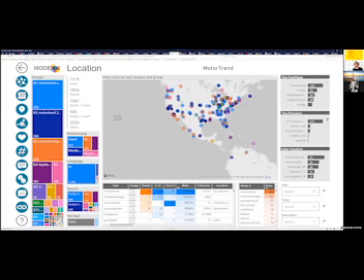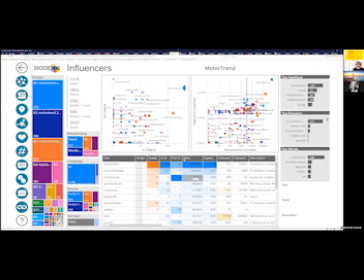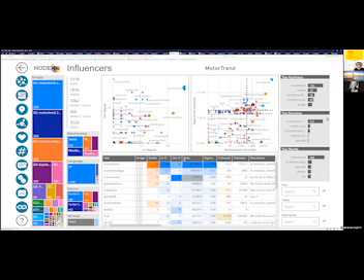You can zoom in on North America and see what parts of the country are tweeting about Motor Trend. And you could even drill down into an individual. You could find out who that is, where that is. So we're trying to deliver the tools that would allow an analyst to look at a collection of tweets or a collection of YouTube videos or a collection of Flickr photos or a collection of data authored by a bunch of people, annotated in a lot of ways.